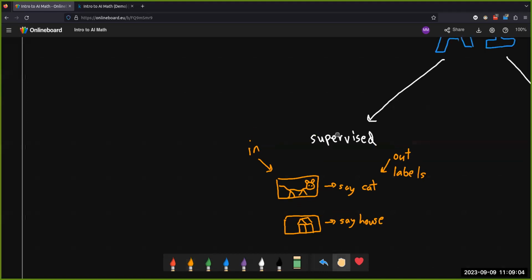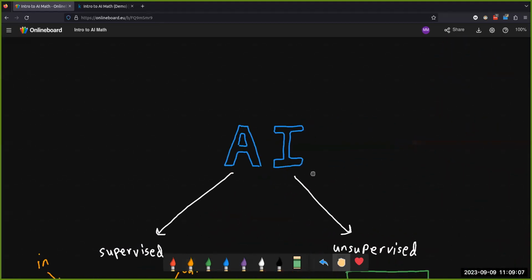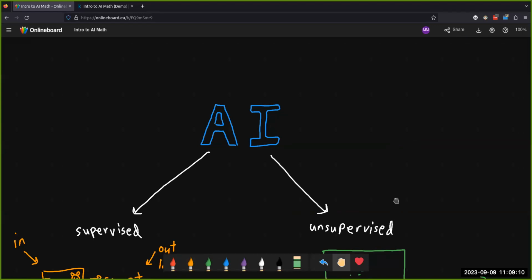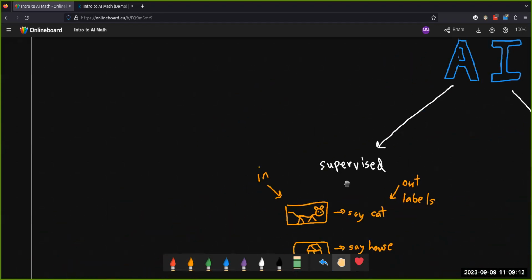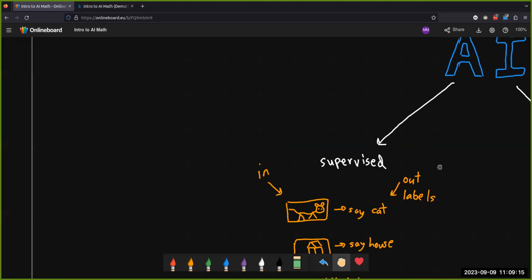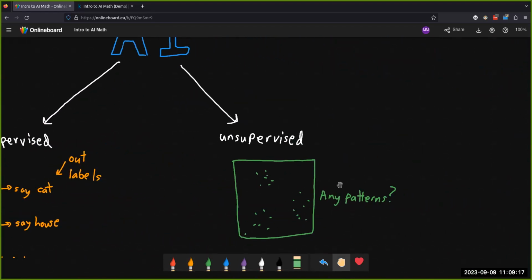The other category of AI algorithms is what are called unsupervised AI algorithms. So instead of, here's the input, say cat, say house, whatever, with unsupervised algorithms, we basically just give AI algorithms a bunch of data, and then we ask it, do you see any patterns? So maybe the AI algorithm goes, yeah, it looks like here's a scatter plot, and there's a bunch of data over here. We can group that together. There's some data over here, and maybe this thing is an outlier. There's some data over here. This kind of stuff, it gets a lot harder.